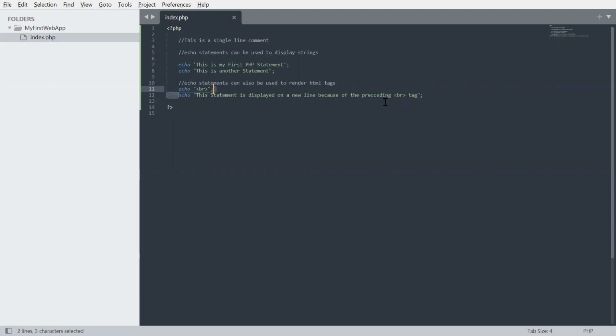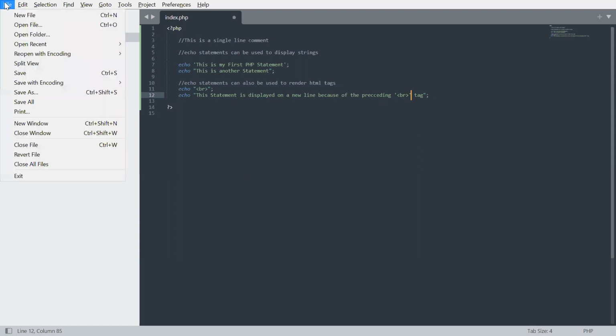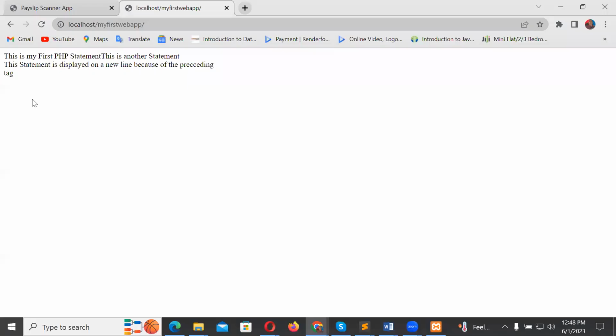Now you can have nested quotation marks, but the order must be maintained. My outer quotation mark here is double, right? So I cannot have another double quotation mark inside it. Instead, I can have a single quotation mark, right? So let's see. I put one here and I put another one here. Okay, so it will see this as part of the statement now. Save all, and if you refresh,